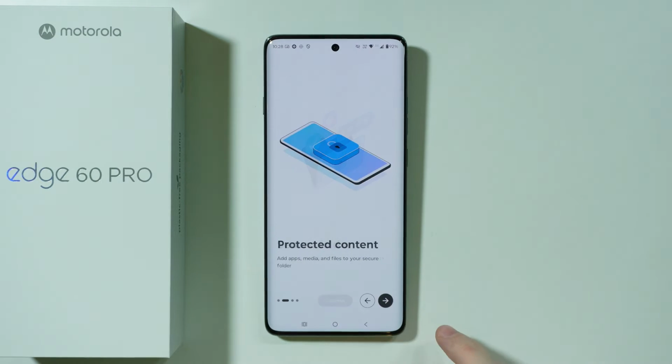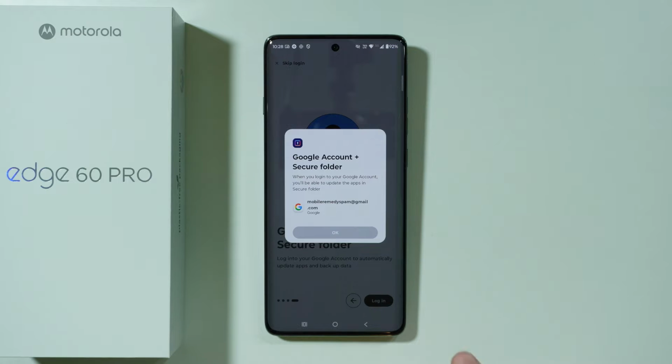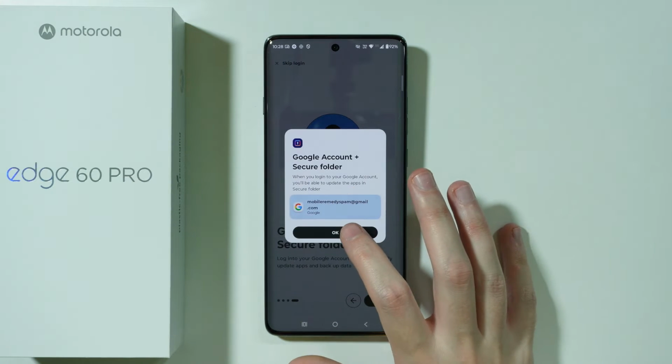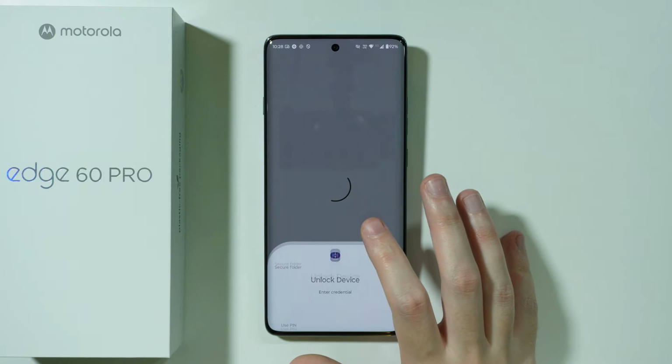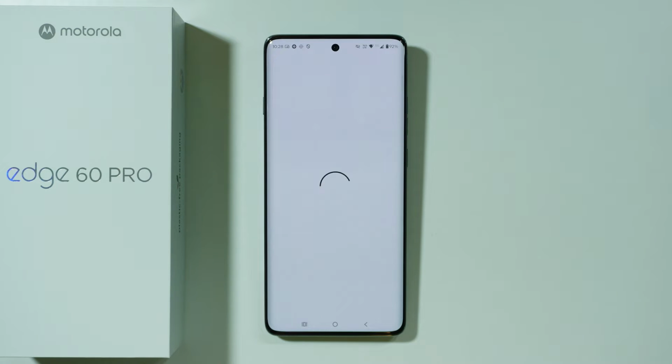Over here press Continue, tap on this arrow over here, and we need to log in by using our Google account. The reason for this is quite simple. The secure folder is a private environment, which means that anything that we have inside the secure folder is separate from everything that we have outside of the secure folder. This also allows us to have apps in the secure folder, I mean apps that we do not really have outside of the secure folder,